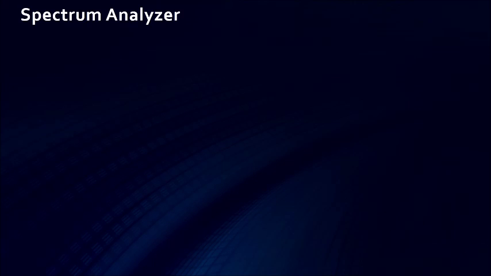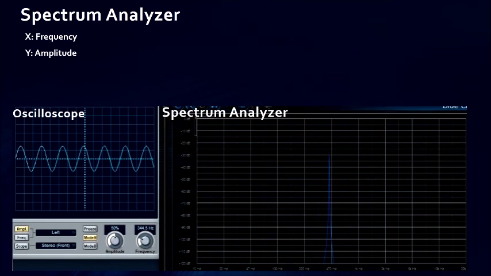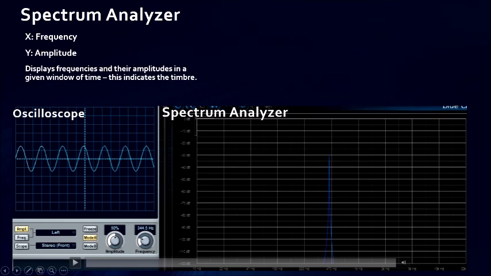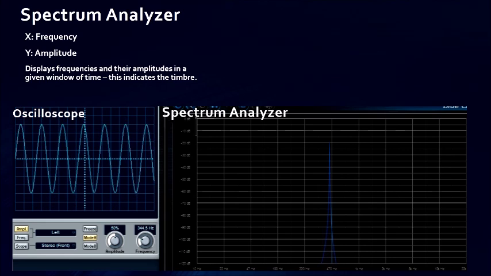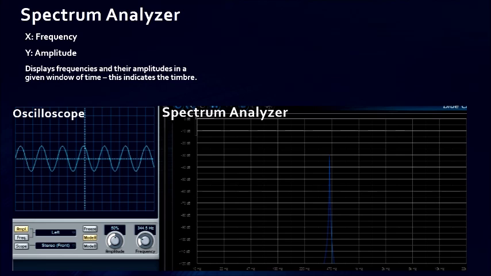So the next type of analyzer is the spectrum analyzer, which shows the frequency versus the amplitude. On the right side you see the spectrum analyzer. It basically shows the entire timbre over a given window of time. So here's the amplitude variation, frequency variation,